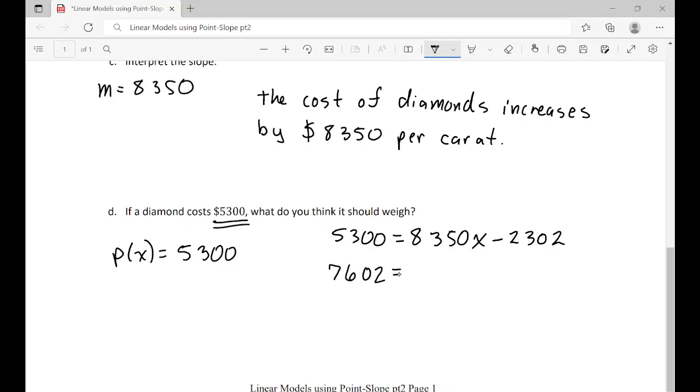7,602 equals 8,350x, and divide that over to get the x by itself, and we're going to get 0.91 equals x. So what this means is that a diamond that costs $5,300 is going to be 0.91